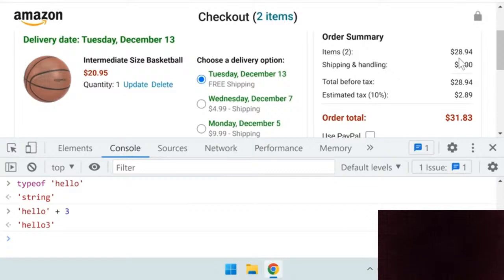So one thing we can do to create this text is just type out the string directly, like quote $28.94 and quote. However, let's actually calculate this number using math. Remember, the advantage of JavaScript is that it's able to do calculations. So instead of typing out 28.94, we're just going to create the string $ sign plus, and we're going to calculate this number using math. So we're going to add the cost of the basketball, which is $20 and